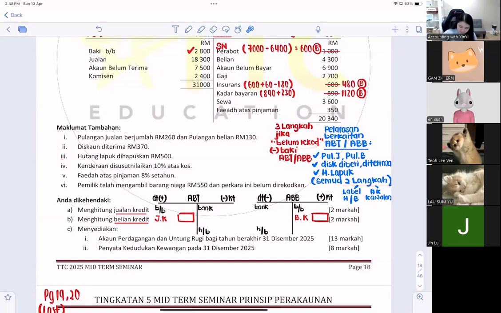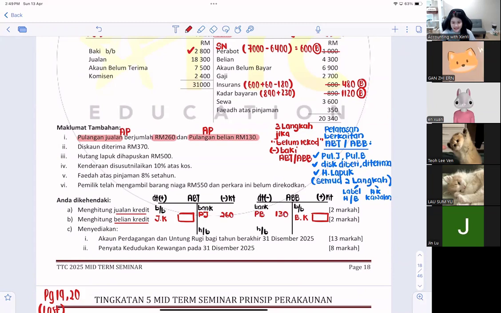Okay, so first step, pulangan jualan 260. Pulangan belian 130. What you need to do? You will label them as account perdagangan. They belong to jualan tolak pulangan jualan, that section. Belian tolak pulangan belian, that section. Okay, so that's why just AP lor. Secondly, you will put them into here. Pulangan jualan 260. Pulangan belian